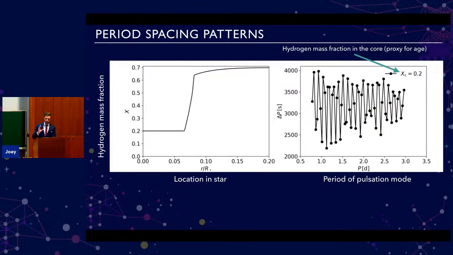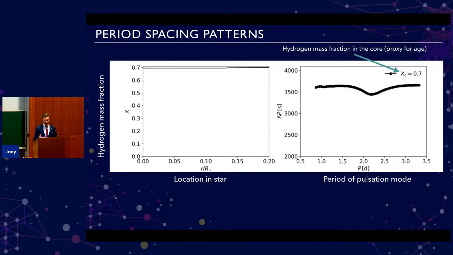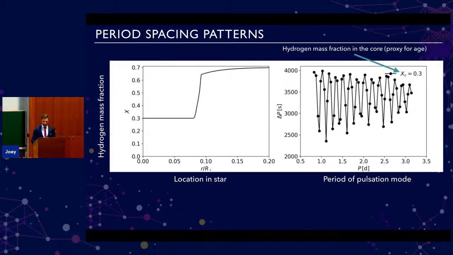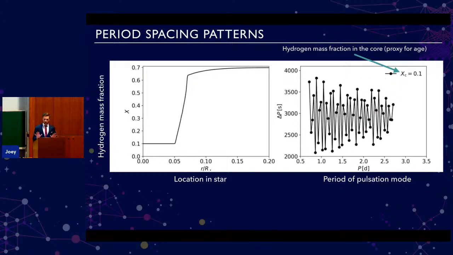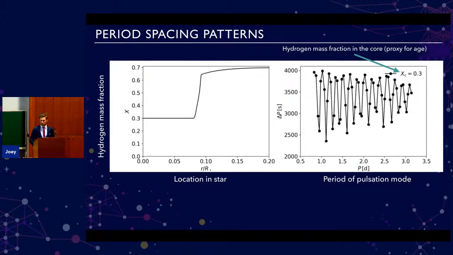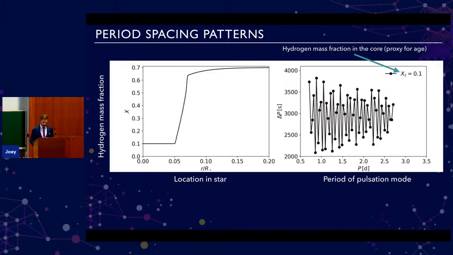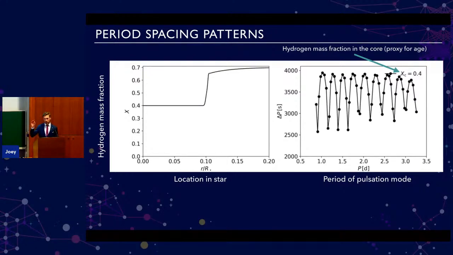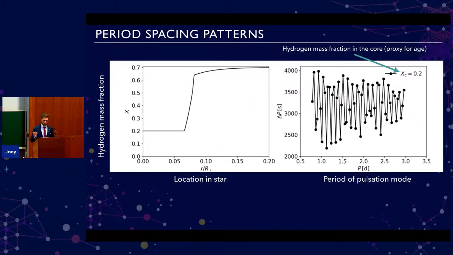And so as the star evolves, you build up this chemical gradient, and this causes certain modes to be confined or trapped in a specific region of the star. You can think of this as a rope with two different densities, where you have mode reflection at the interface point. As your star evolves, this chemical gradient becomes larger and larger, and so you'll see that more modes start to become trapped.